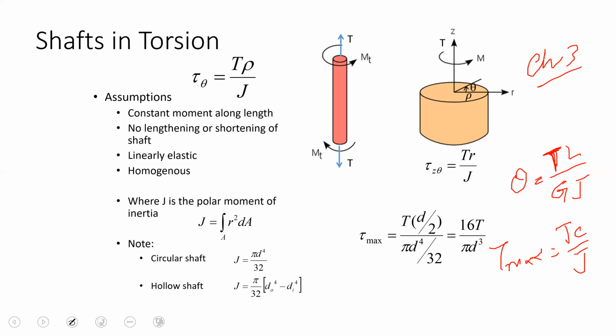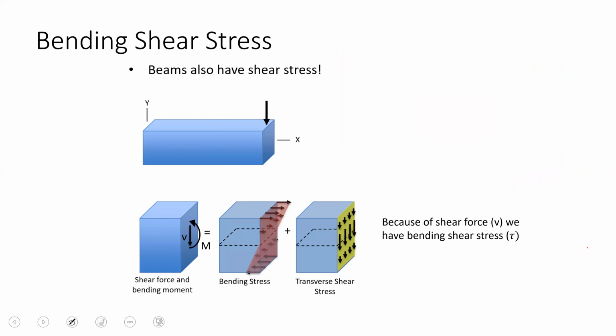So this is what we have already discussed in detail in chapter 3. Now what we are going to discuss is the extension of chapter 4, that was pure bending, right? So whenever we have some transverse load P like this one,